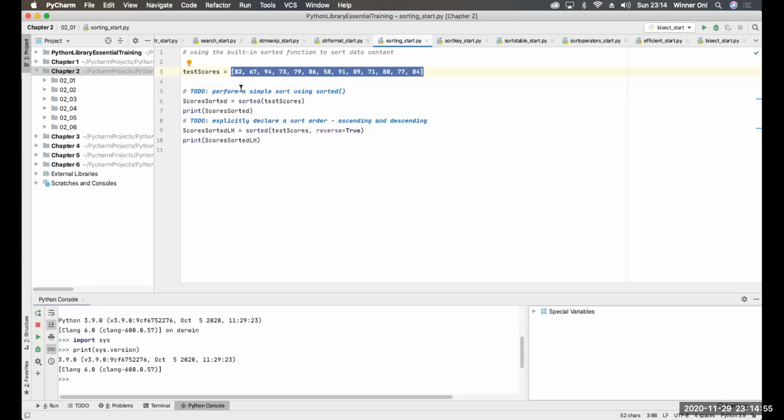So the normal sorted function itself does an ascending order. So it looks at the test scores, which is the variable name given to this list, and it takes each thing in there as a number, as an integer. I'm sure it can also take non-integers. It can take floating numbers because it's not preset as an integer array. In fact, let me just do that, and let me add